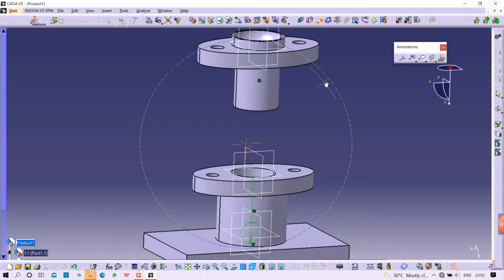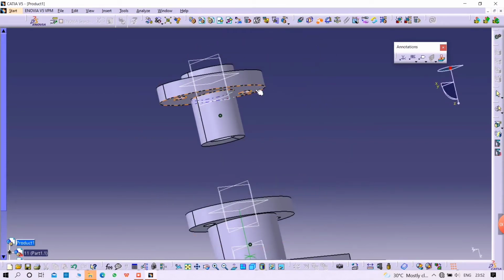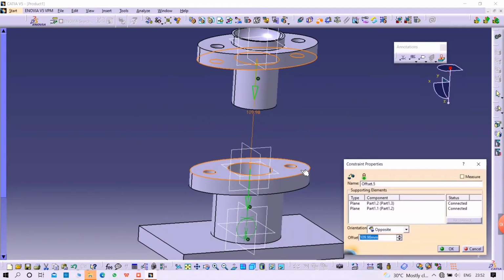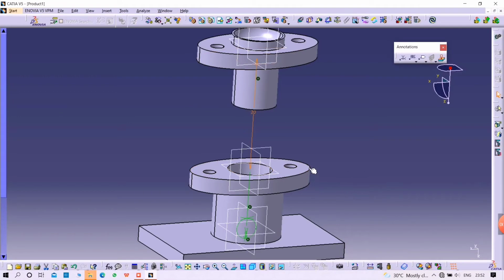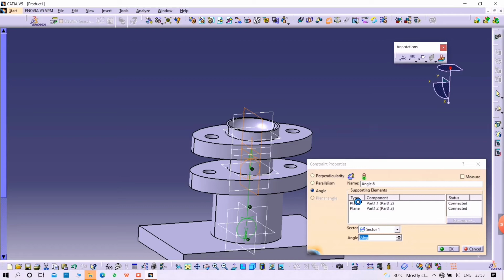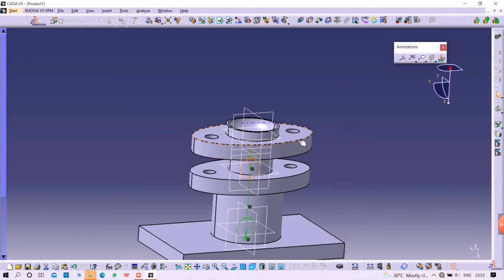Now select surface contact, or I will go for the offset option. Offset with downward bottom to here, upward of the main part with an offset of 20 mm or 15 mm or 25 mm. It's going to be your wish. Then click on Control plus U to update that. Now take angle constraint to constrain the third degree of freedom. So give the angle between two parallel axes with 0 degrees, and it constrains successfully with no degree of freedom.